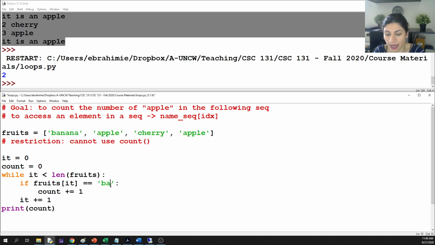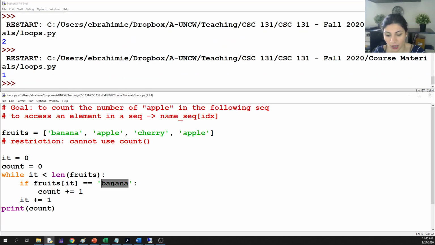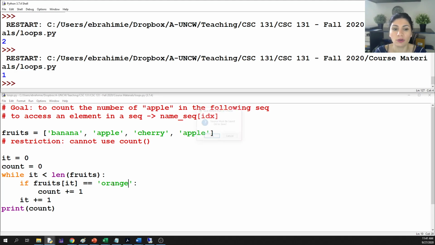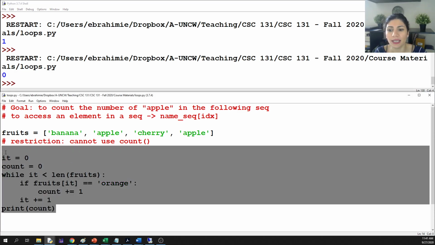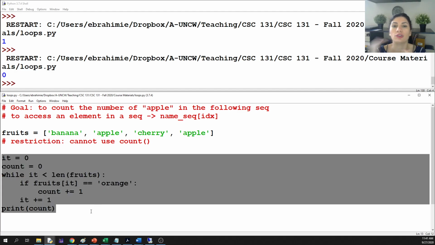If you want to count banana, for instance, you just simply need to change what you're comparing that item with. Okay, so you're comparing that item with banana. So now if I run it, hopefully we get 1. Here you go. If you want to compare it with orange, you should get 0 because there is no orange in this sequence, right? You see how we are doing it? So that was using a while loop to do that, okay? And it was quite straightforward, but you needed to create many variables to make sure you are traversing over that sequence correctly